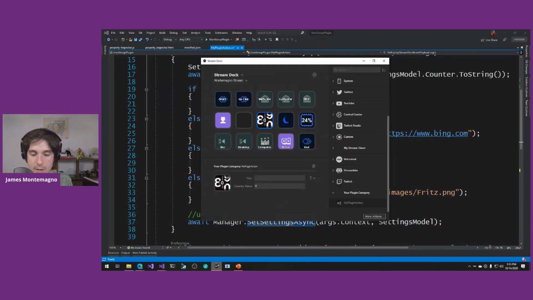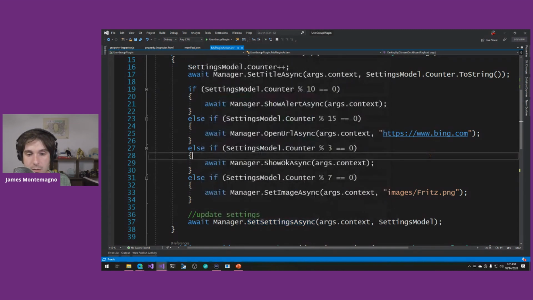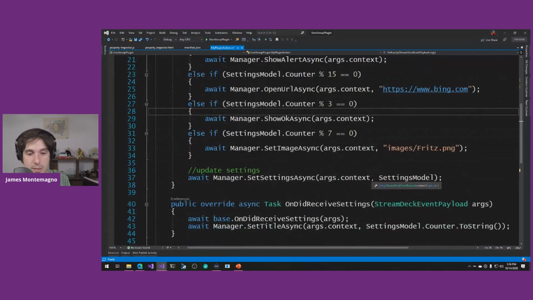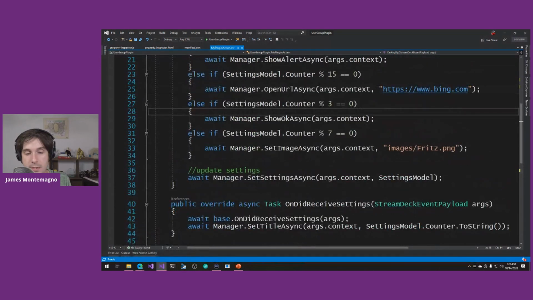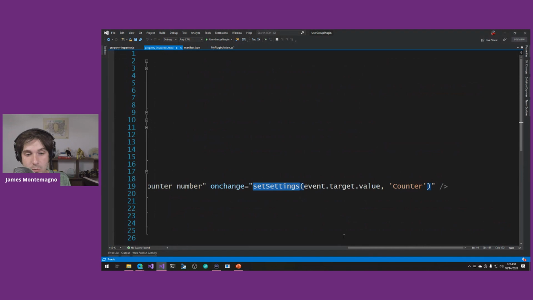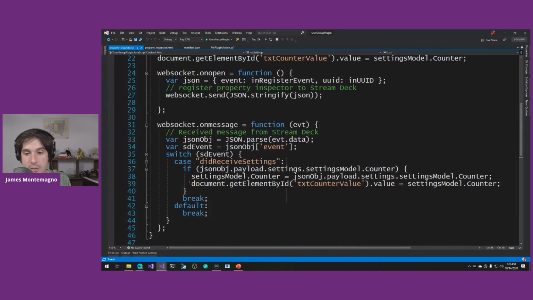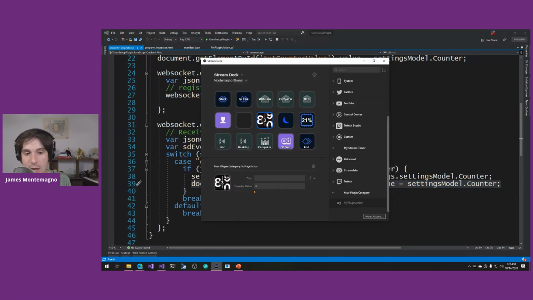So if I pull this up, and as I tap on it, notice that I'm tapping and a bunch of things are updating. The title here, which is updating. So that's going to be the title asynchronously that I basically can set on the screen. And then this inspector value over here, whenever it receives a setting change, it's updating the value down here. So there's two different updates that are occurring. The HTML and JavaScript, and then the C# that's sending a command to update this here. So as I continue to go,